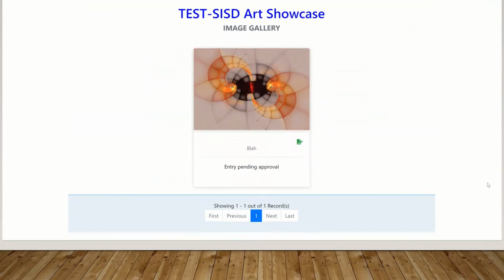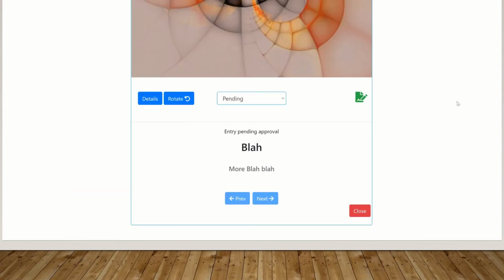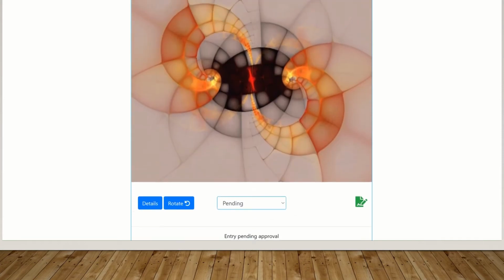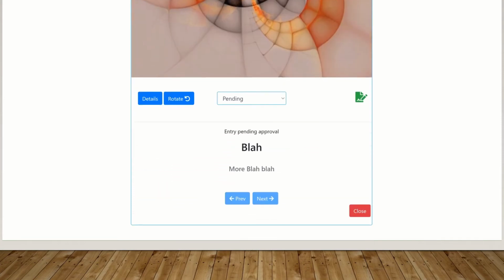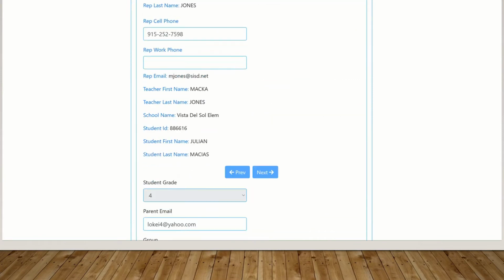And then look, all of a sudden something has changed. You see this little green icon? That means that the permission slip has been signed. That's what we see, and we know it's been signed. Okay, we've already reviewed everything, and these are the things we're going to look at. One, this says it's a computer-generated image. So the details, I go ahead and look at,